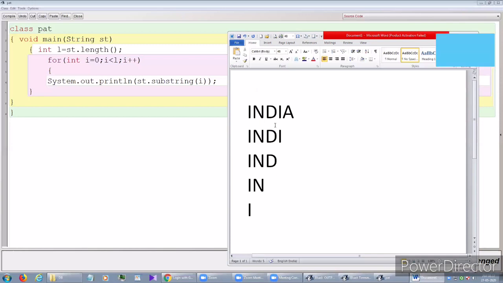Is anyone here who can explain? Sir, I can try. So here I think we have to add another loop like for int j equals I, j greater than 0, j plus plus. Please see the pattern: India, INDI, INDI. This is what we have to print.